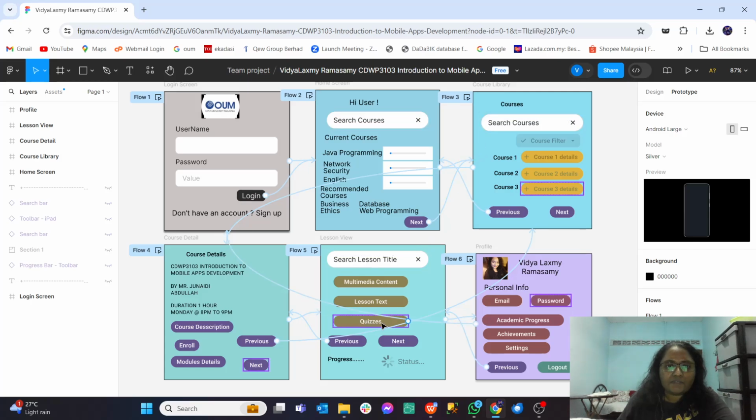There are some links here. I have already navigated them, so I will show it later.